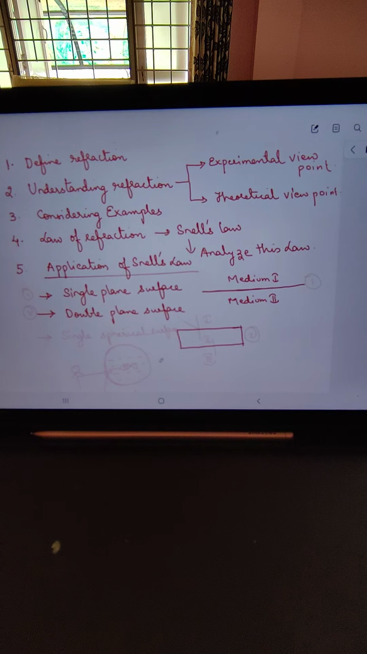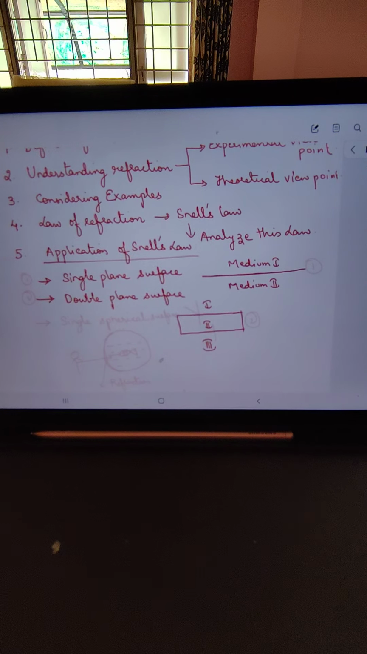So this is medium 1, this is medium 2, and this can be either the same or some other medium as well. A ray of light passing from this medium to this medium would undergo refraction, and again over here when it strikes this surface, it would undergo refraction. We are not going into the detail, I am just highlighting what we need to study. So this is 1, this is 2, right? Third is